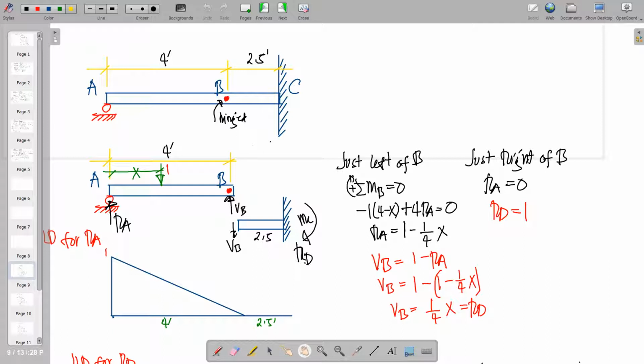By arranging the equation and solving for RA, we have 1 minus 1/4 of x. This is the equation we are going to utilize to come up with the reaction at A,